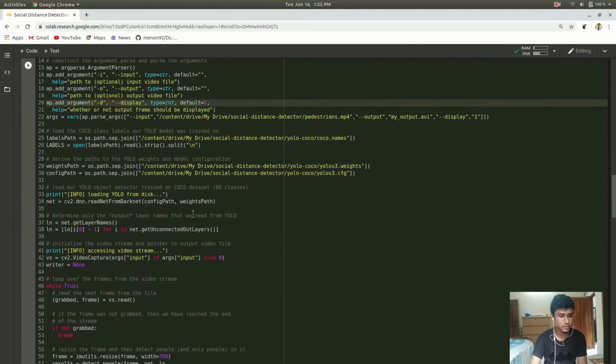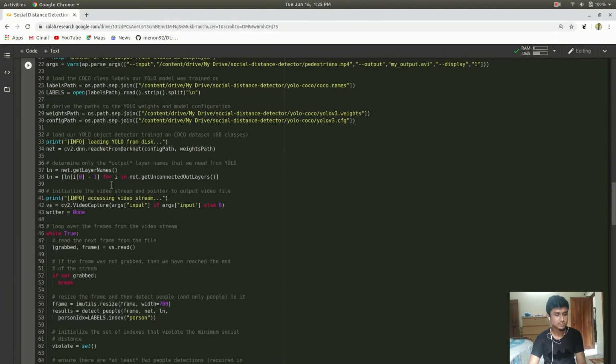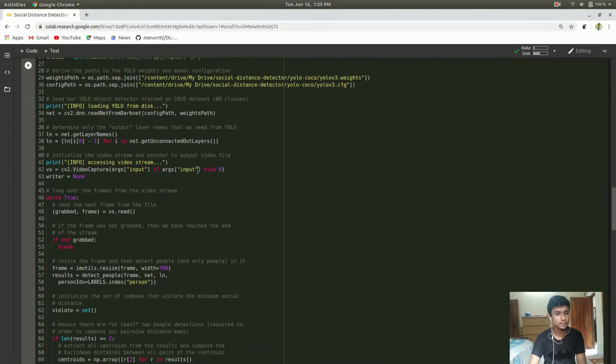Okay, so now we are moving to the video accessing. So we are using cv2.VideoCapture to capture the frames from the video. If we parse the input, it will detect from the video that we have parsed. Otherwise it will detect from the webcam.